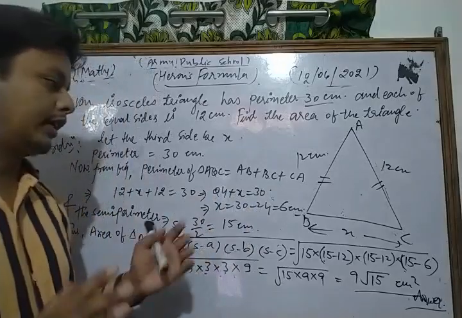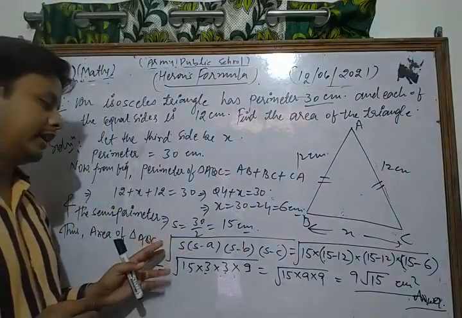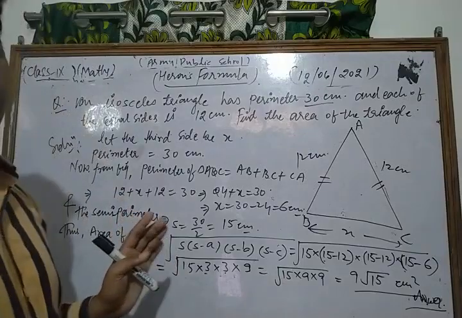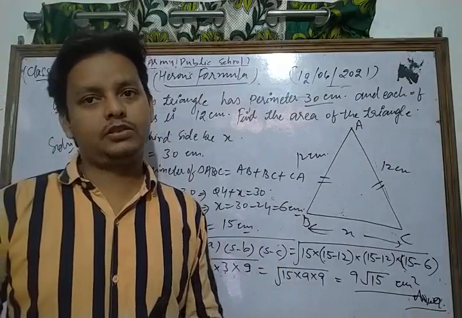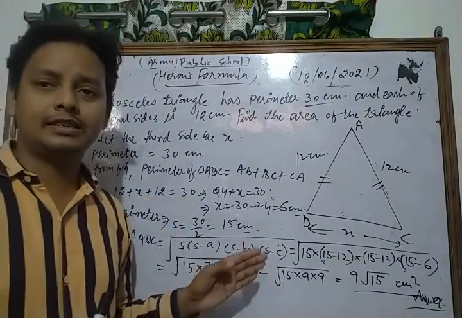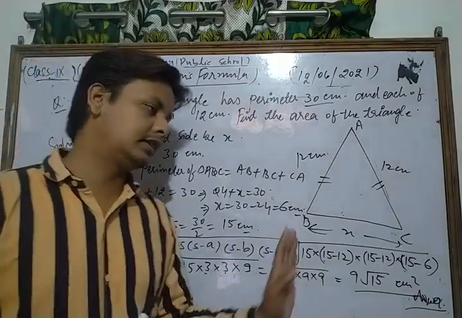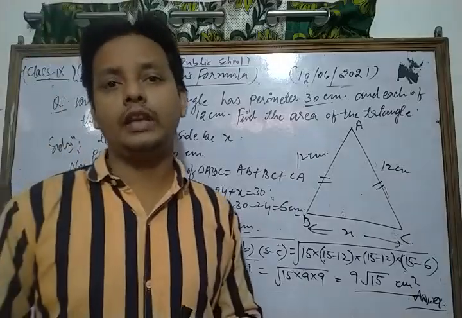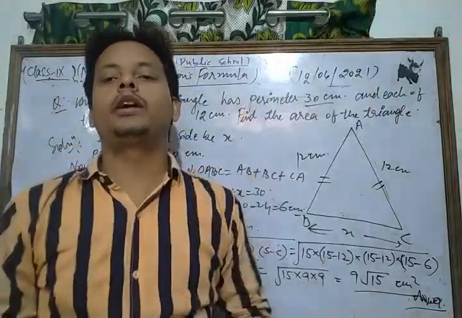Okay, after finding all three sides of the triangle, we use Heron's formula, which is the square root of s into (s minus a), (s minus b), and (s minus c). This is your Heron's formula. Now we put in the values of s, a, b, and c respectively, and simplify. We get the result as 9 root 15 centimeter square. This is the required